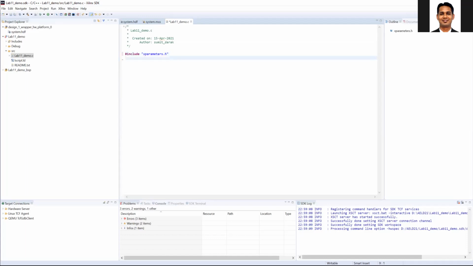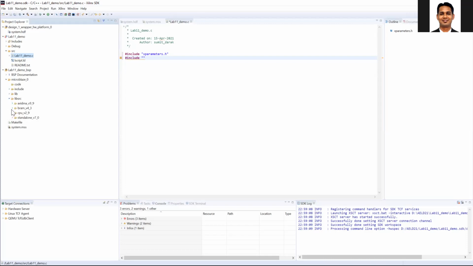Then the next important file is the DMA, because we are going to use the DMA. Here we are not going to directly communicate with the IP, so we don't care about the .h file of the IP. Whatever communication we have, one is with your DMA and the second is with your block RAM. So for the DMA, we need to see which file we need to use.